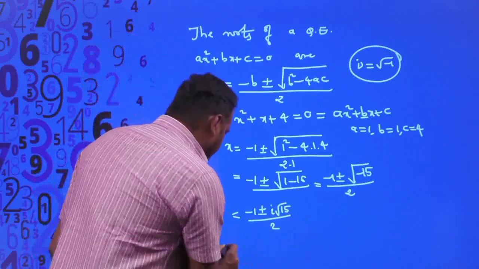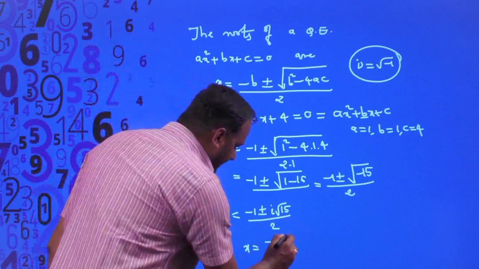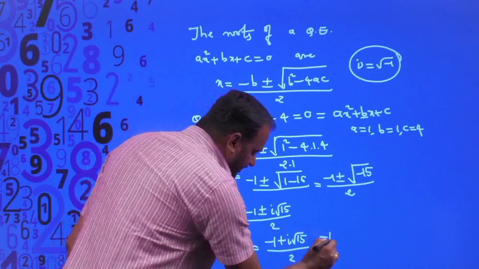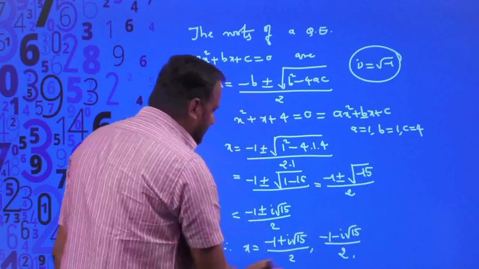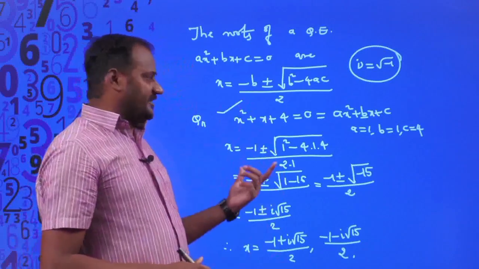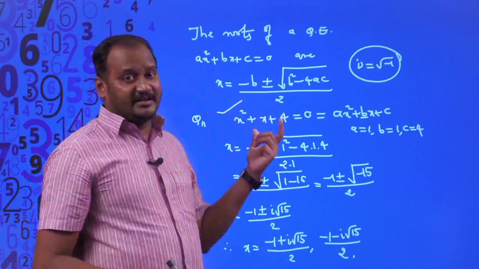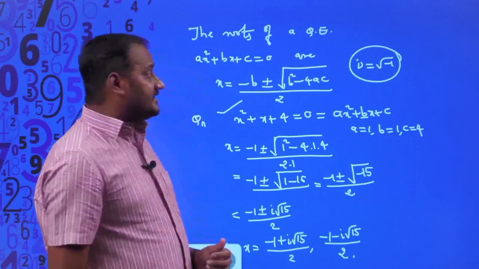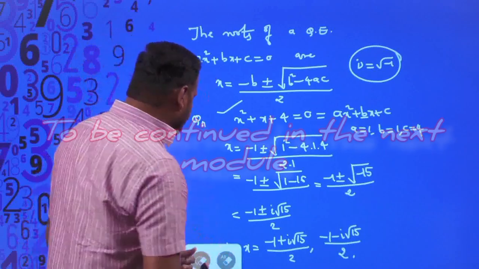Now we can split it into two roots. Those two roots are, therefore x is equal to, first one is minus 1 plus i into root over 15 divided by 2, comma second one is negative 1 minus i into root over 15 divided by 2. So these two are the roots of the given quadratic equation. So like that we can figure out the roots of any quadratic equation by using this quadratic formula, right. And then let us move on to what is the relationship between roots and coefficients of a quadratic equation. So roots and coefficients of quadratic